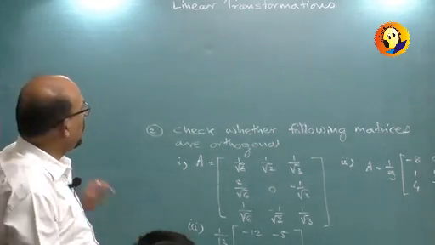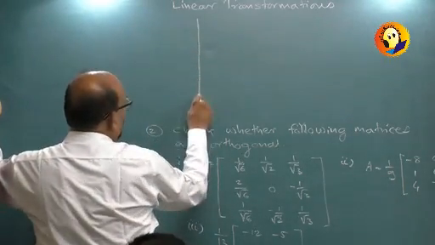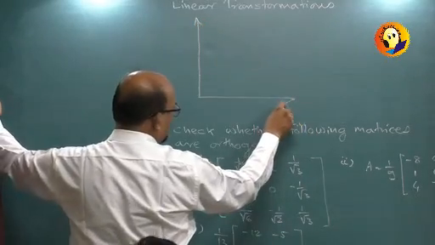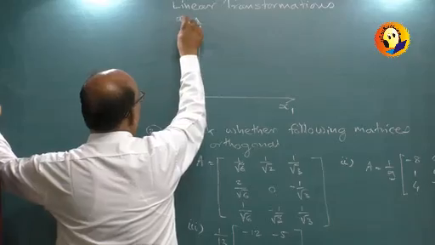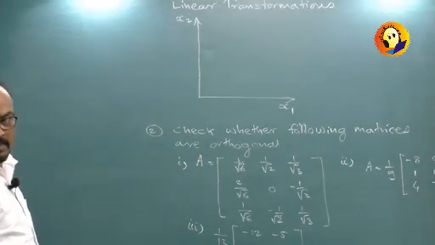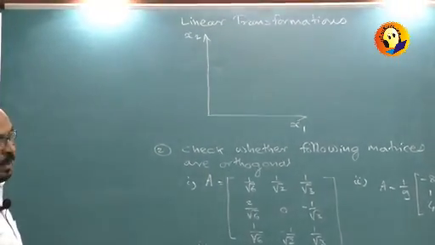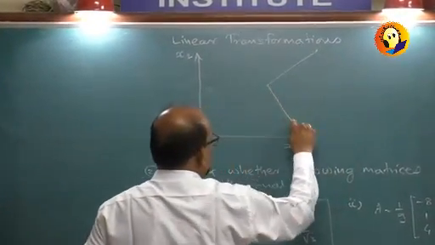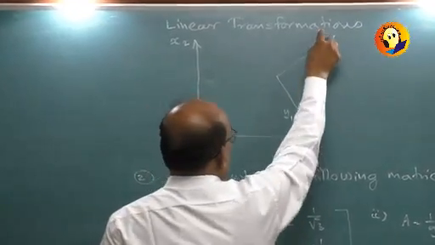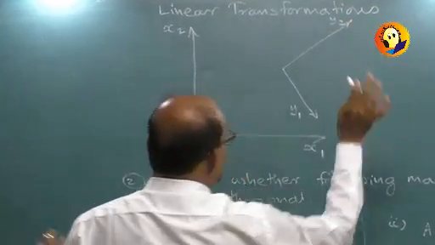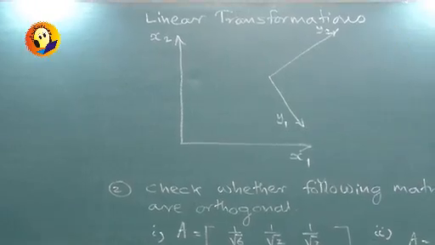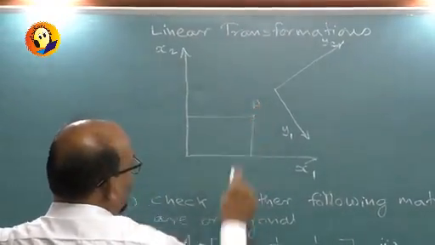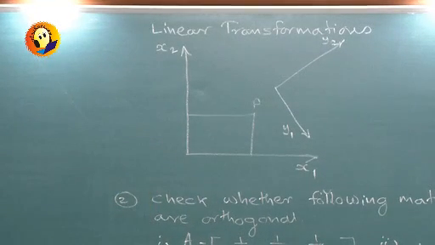Okay, this transformation talks about, we have some XY coordinate system, say I call it x1, x2. It can be extended to third dimension, fourth dimension, and so on. And I can have one more system like this, say y1, y2. This is just for the explanation purpose. Now whatever point I have here, point P, will have some different coordinates with respect to y1, y2,